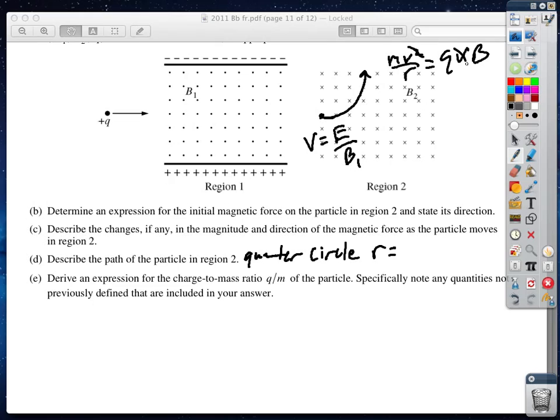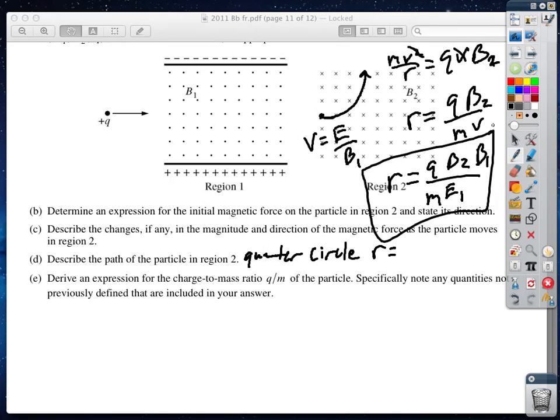That is the same v, so we can get rid of that. And we know that r is equal to mv over qB. Now this is B2. So then we can say r is equal to mE1 over qB2B1, and then B1's up there. So this gives us the actual radius of that